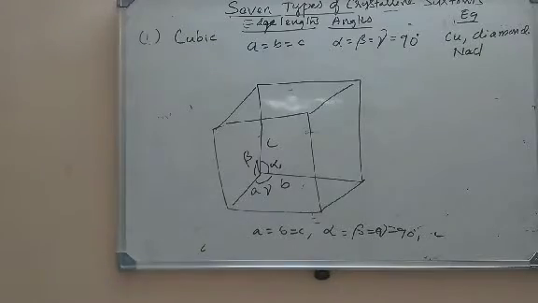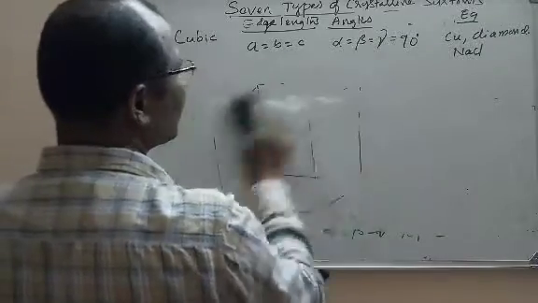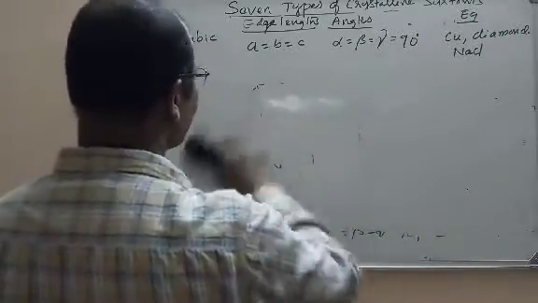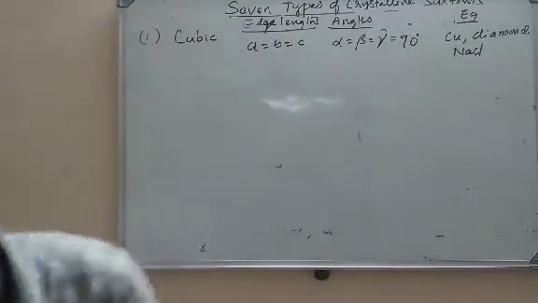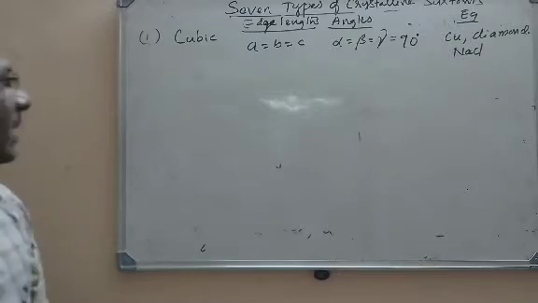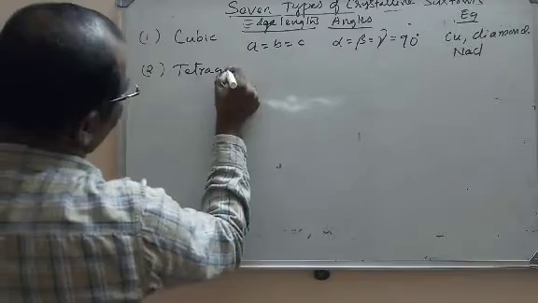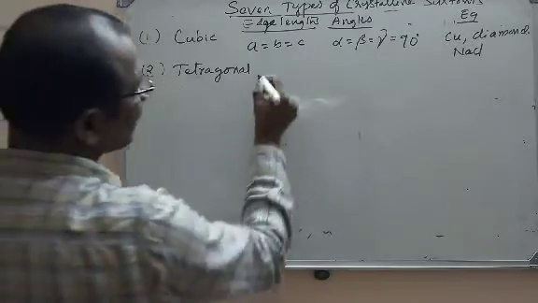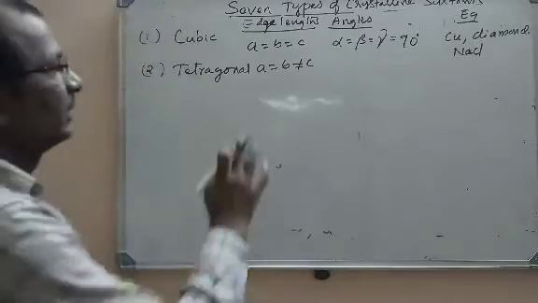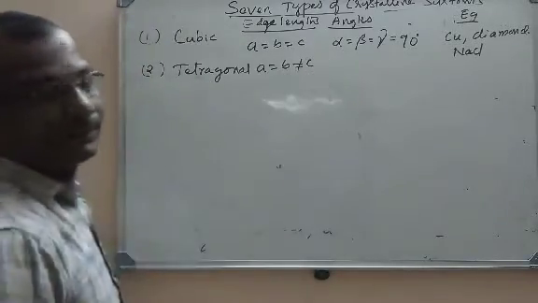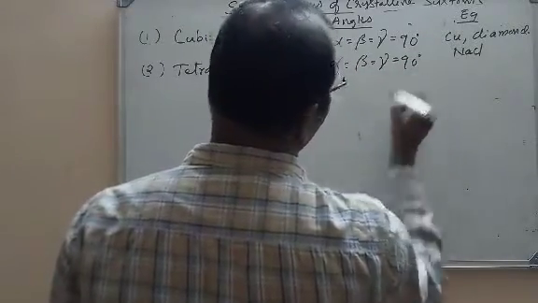How many cubic crystals are there? 3 types. I completed primitive, body centered, and face centered. Let us go for the remaining systems and try for the drawings later. So the second type of crystalline system is, as I said, tetragonal. Tetragonal means A is equal to B but is not equal to C. A and B are same but C is different. But the angles alpha, beta and gamma remain 90 degrees here also.